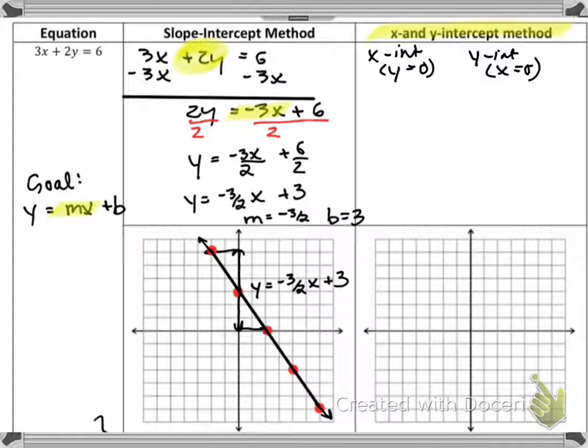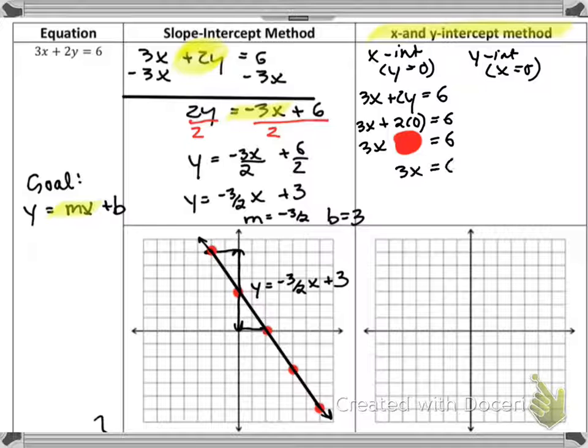So let's get started. We have 3x plus 2y equals 6. So y equals 0, so that means wherever I see y, I'm going to write 0. So I have 3x plus 0 equals 6. Remember, you can also use the cover method where we literally cover up the term that contains y. Doing that, we get 3x equals 6, so we divide both sides by 3, and we find out that x